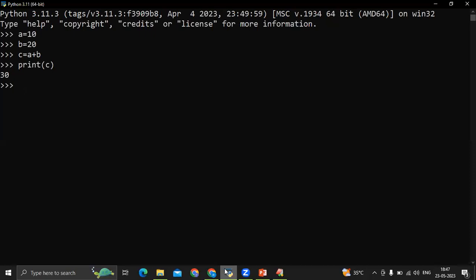Now, if I type A is equal to 10. Now, B is equal to, let's type 1.2. C is equal to A plus B. Now, I'll write print